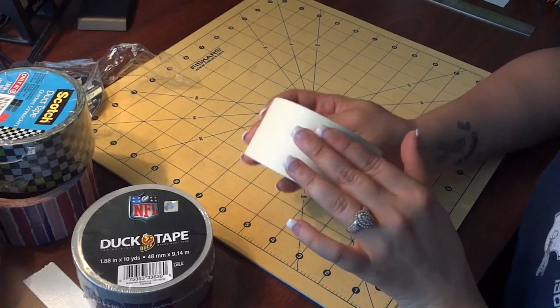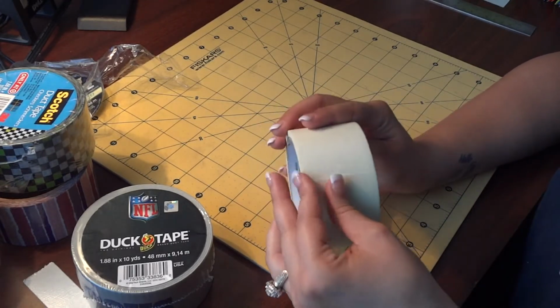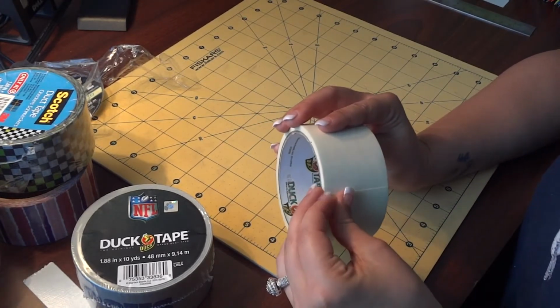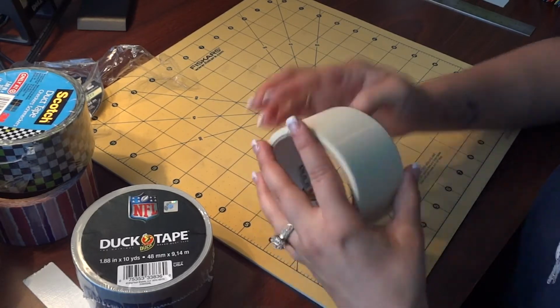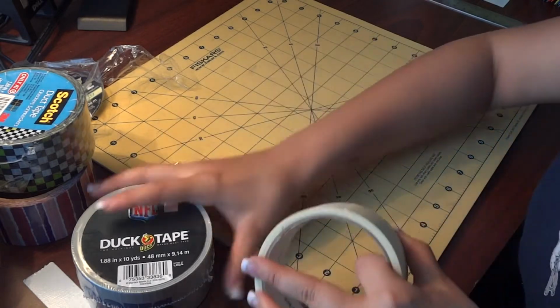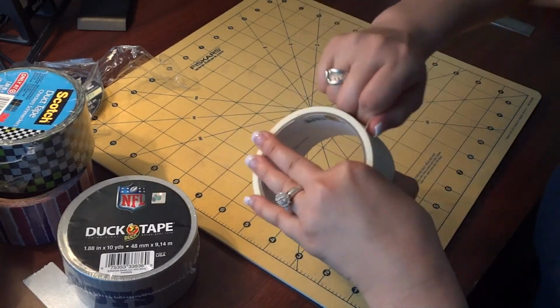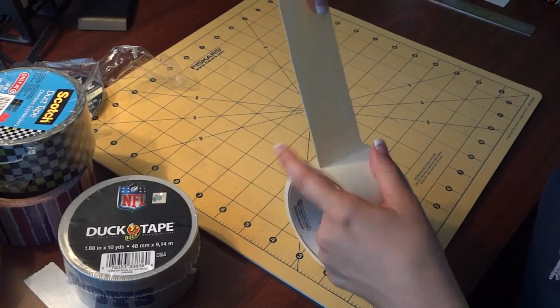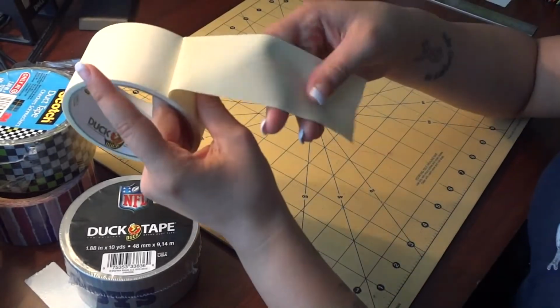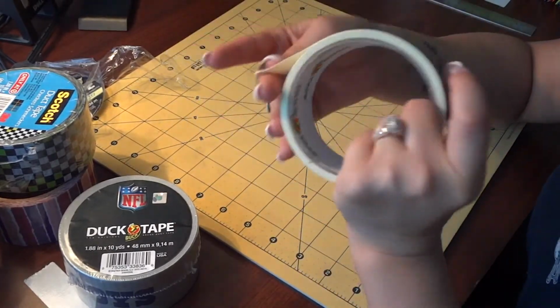And it has this weird material. It feels kind of like painter's tape, if you've ever felt that before. It has a material feel. It doesn't feel like all the rest of the duct tape. Okay, it's really sticky. It feels like fabric. That's kind of weird, but you can use this for anything,